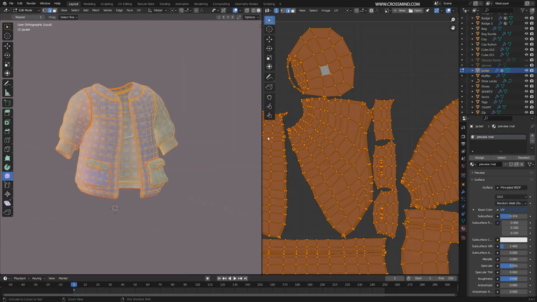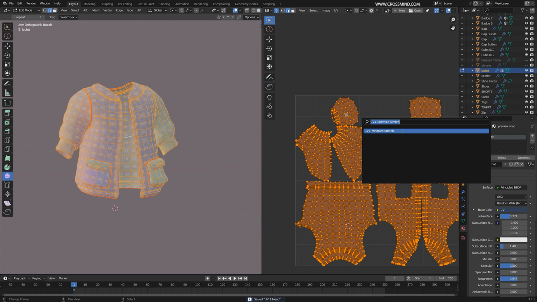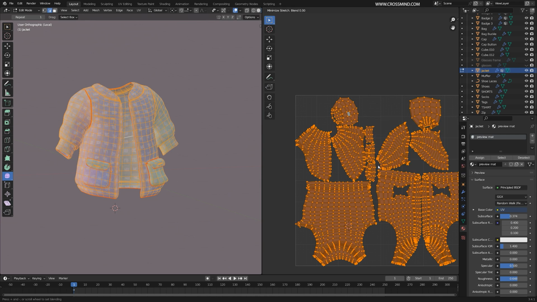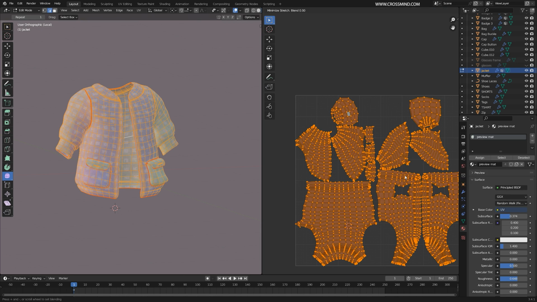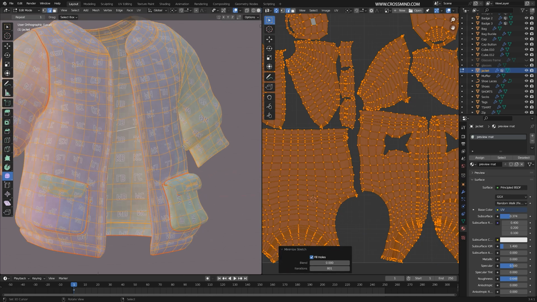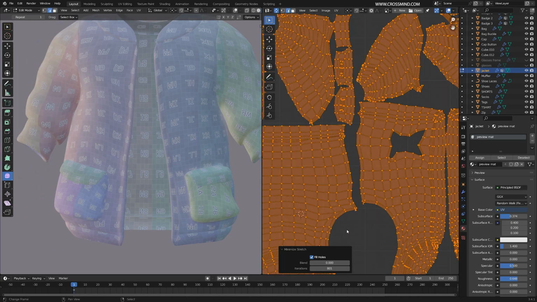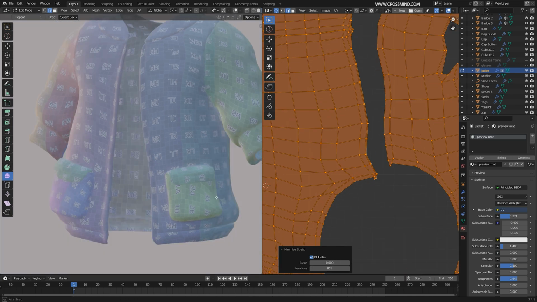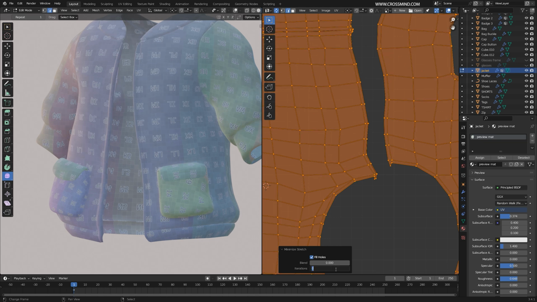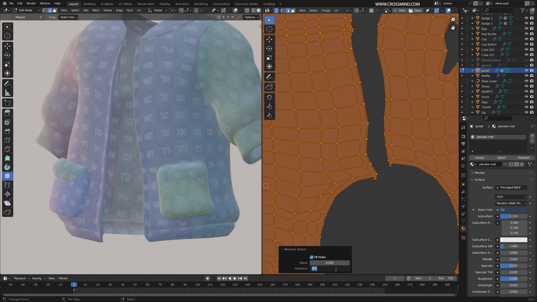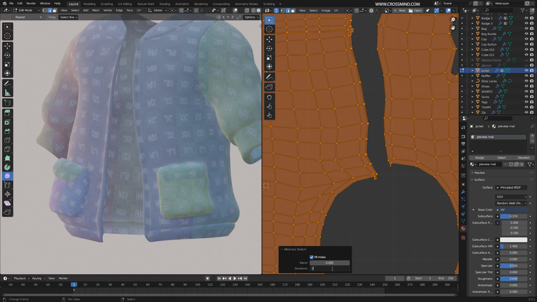So that is all. Now I'm going to select everything and minimize stretch. And let's see, minimize stretching. If you click anywhere, it's going to interrupt the stretching. It's basically going to stop relaxing and leave this pop-up open where you can adjust the iterations later. This was 800. So this seems a bit too much. I'm just going to go 100.